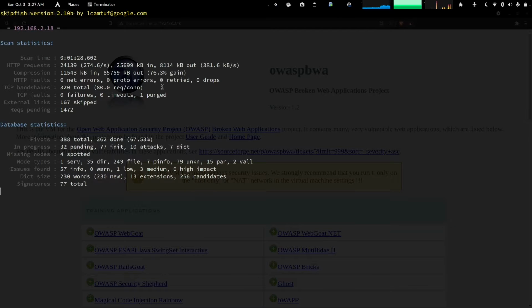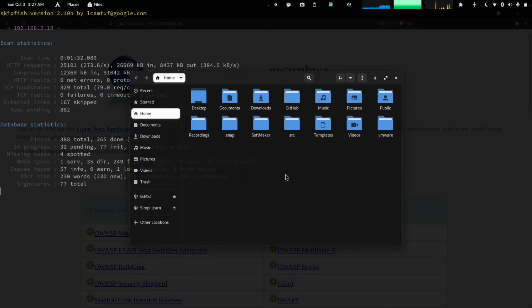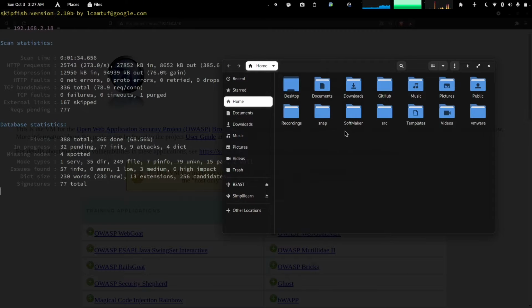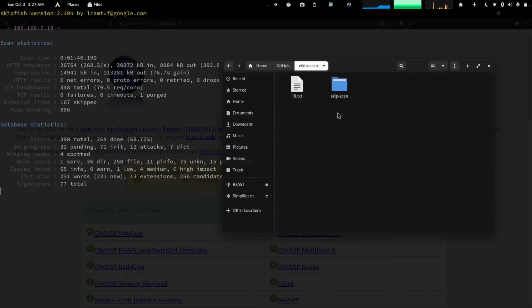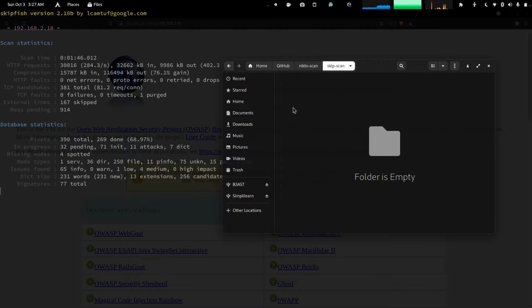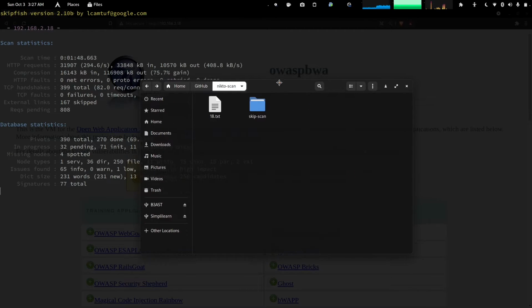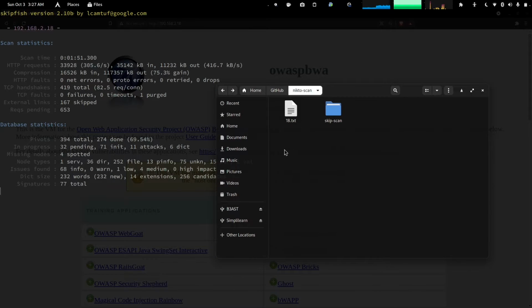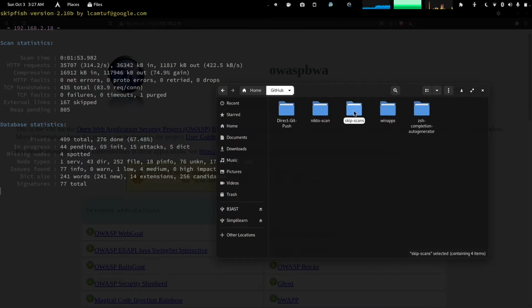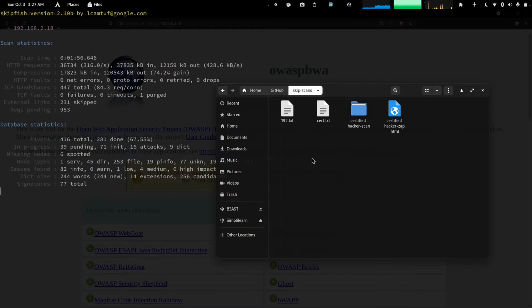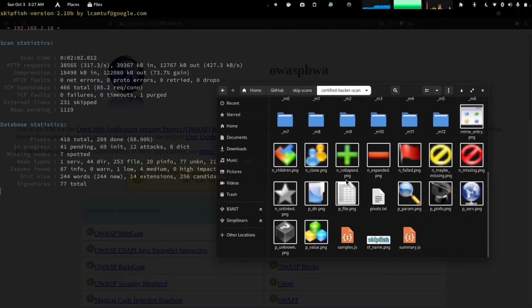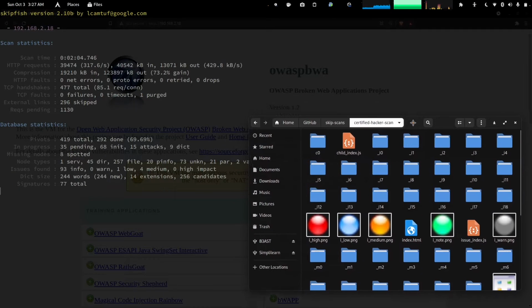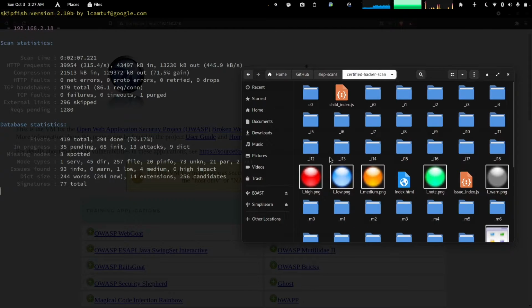Okay, so I will be just showing you, let that run, and I would show you the scanned one I had. Okay, so for this particular scan, we created a skip scan, and in this we would be getting the files and storing them. So let's keep that running. Let's go back to my previously scanned. Okay, so I have it for another website. Okay, so first let me show you the